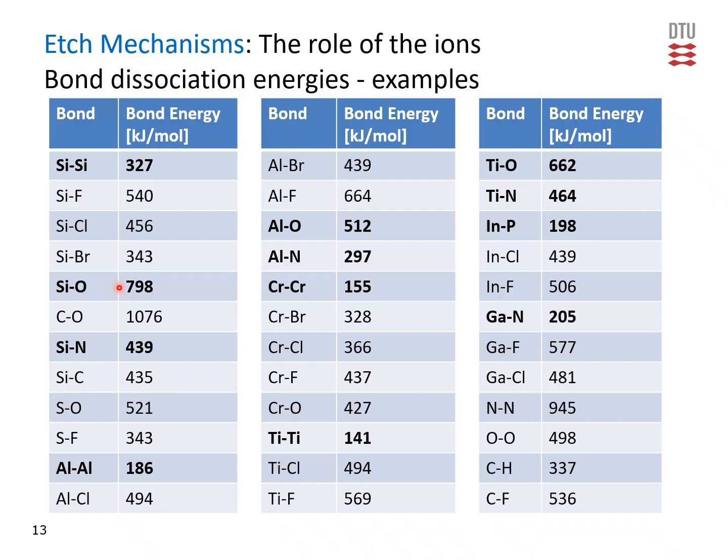And what you should notice is that, for example, silicon-oxygen bonds, which are in silicon oxide, are much stronger than the silicon-silicon bonds, and therefore you normally need more energetic ions to break these bonds and to have a good etching rate in silicon oxide. This goes for many of the oxides, that these have very strong bonds, and also some of the nitrides have at least stronger bonds than the silicon-silicon bonds. Many of the metals have quite weak bonds.